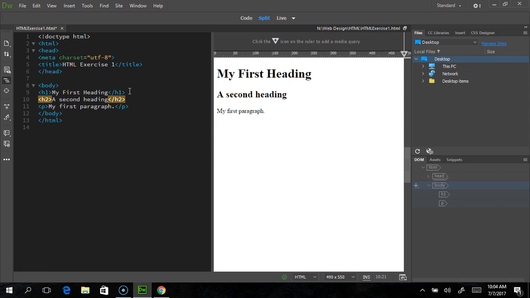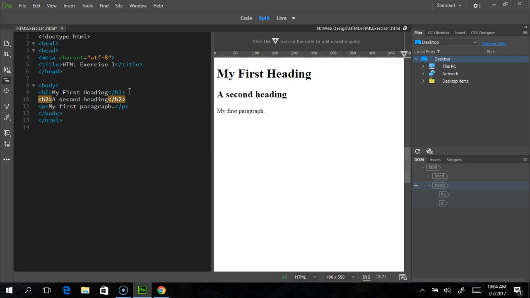So let's keep looking at this sample web page here. I've talked about the H1 tag, and I just showed you an H2 tag. The smaller the number is, the larger the text size. It's kind of important to remember that it's kind of backwards. You normally think, okay, bigger number, bigger size. Well, here, the bigger the number, the smaller the size, because you notice H1, 1 is smaller than 2, but the